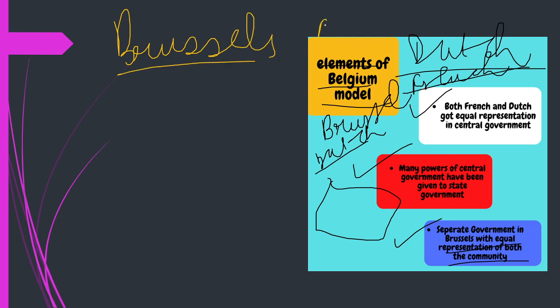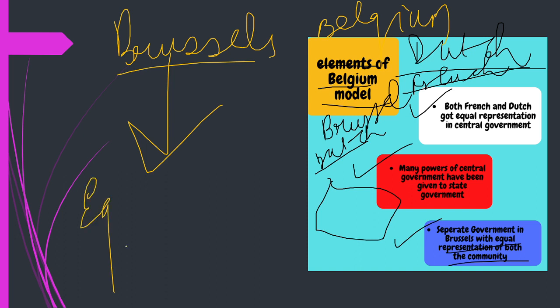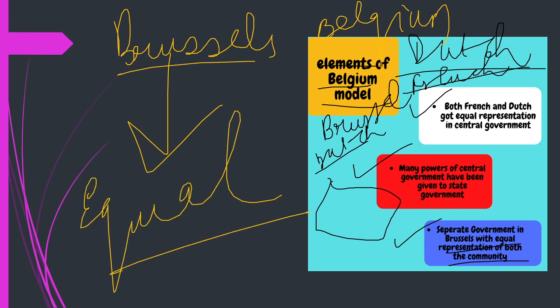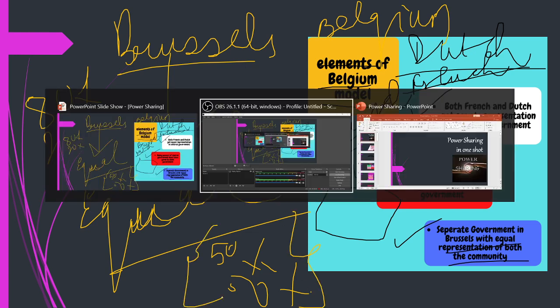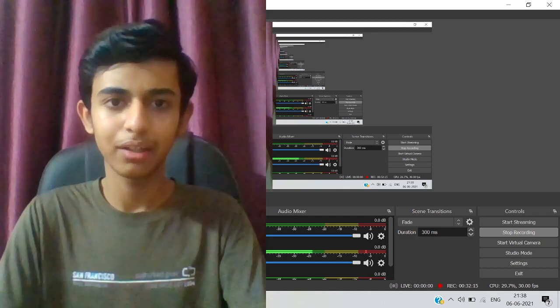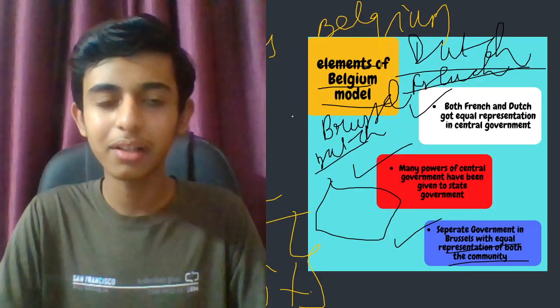So in Belgium the government was different, and in Brussels it was different because of the differences. Here also the representation was equal. So 80% French and 20% Dutch are there, but in the government, 50% French, 50% Dutch, and even German people were not neglected. Many people will ask, where did the German people go? They haven't gone anywhere, they are still there, nothing special, but the German people were only 1%. So not that much representation, but yes.